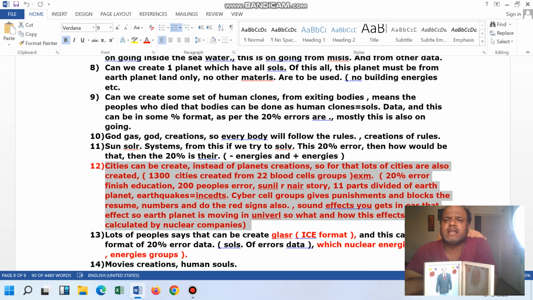a set of words has created the earth planet, sorry, the cities, and words connect to a set of stories also, which you can say is also moving in the universe. And a set of words are connected, and it might be possible that whenever the earth planet is moving, that time some sound effect might be coming. It might be possible that some word might be coming out from the sound. It might be possible, but exactly you can tell only when you reach the satellite, then you get the real sound. So now in another thing,